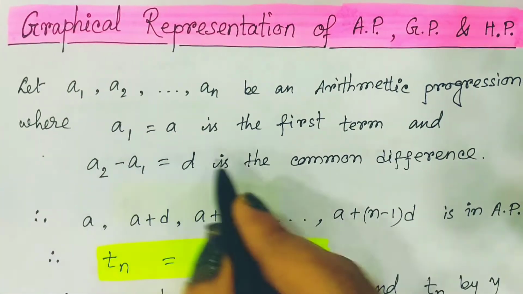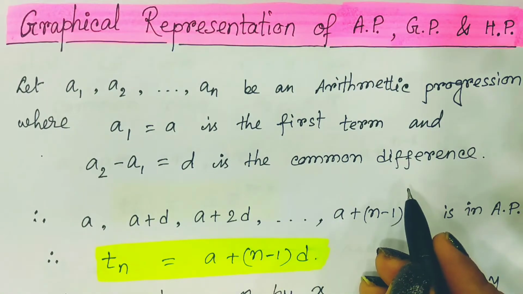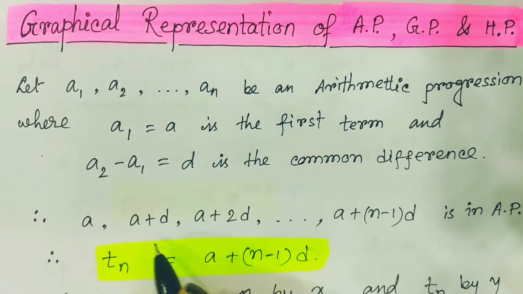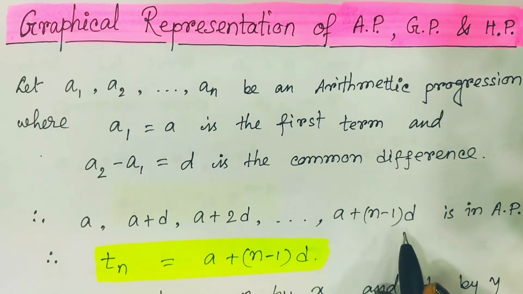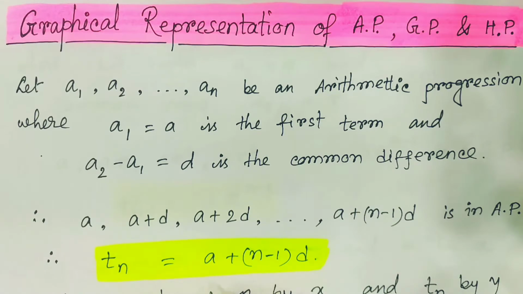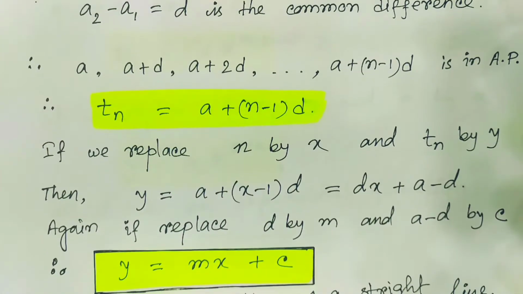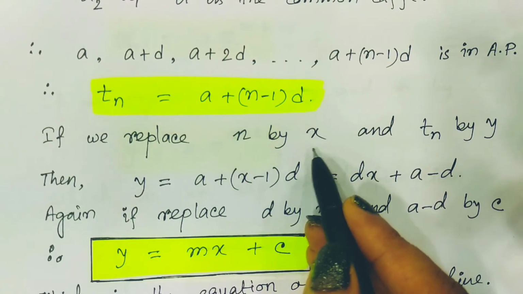Here A1 is the first term and A2 minus A1 is d, that is the common difference. So the sequence we can write in this form: a, a plus d, a plus 2d, in this way, and the nth term is a plus (n minus 1) into d. So the nth term Tn we can express in general as a plus (n minus 1) d. That we know. Now if we replace this n by x